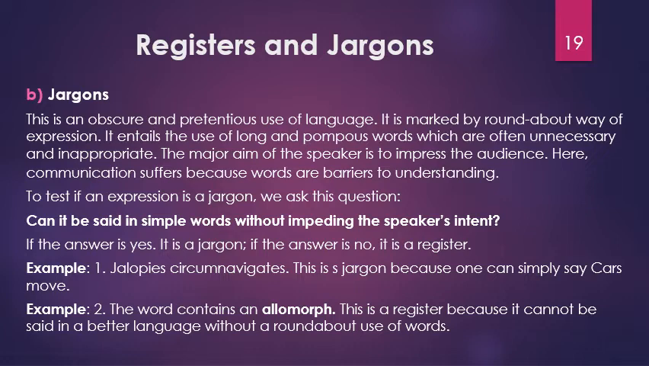Let me ask a little question, class, to test whether an expression is a jargon or not. Can it be said in simple words without impeding the speaker's intent? If the answer is yes, it is a jargon. If the answer is no, it is a register. Therefore, if an expression can be said in simple words without impeding the speaker's intention, the answer is yes, then it is a jargon. If the answer is no, it is a register. For example, class,